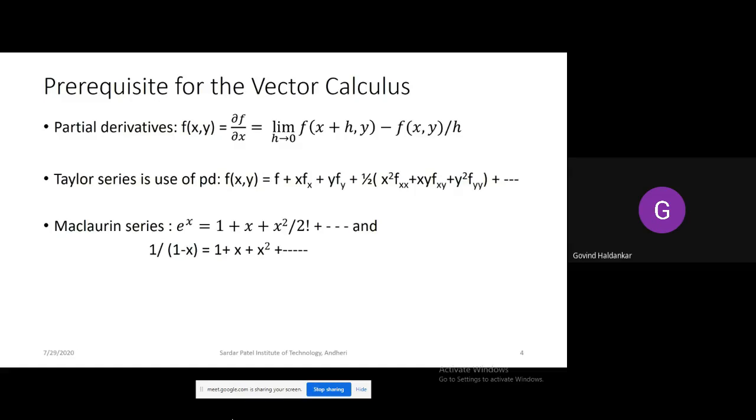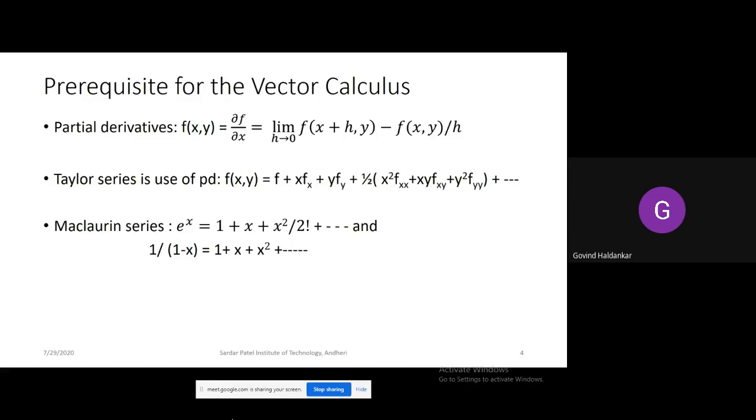Now here, if you want to write a Taylor series for the function f of x and y, then the first term is considered at 0, that is at the origin. So f at the origin is written, plus x into f of x, since the function is changing with respect to x, so it is multiplied by x. So the linear term is written, again y times f of y. After writing the linear terms, we are writing the quadratic terms. Since it is a quadratic term, it is 1 by 2 and 1 by 2 x square. So f of xx, then f of xy, so xy comes here, then y square, so f of yy comes. So like that you can expand the series, and here the function or its derivative on the right hand side is evaluated with x and y equal to 0.